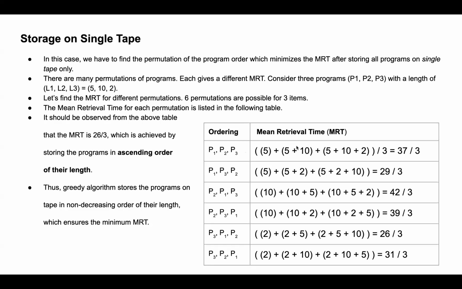Getting? Why is it taken as 5 plus 10? Because after execution of P1 with length 5, P2 has to wait for P1 to be executed because they are